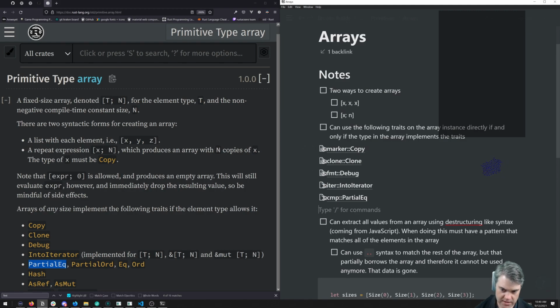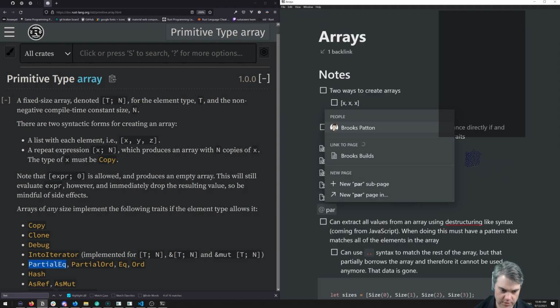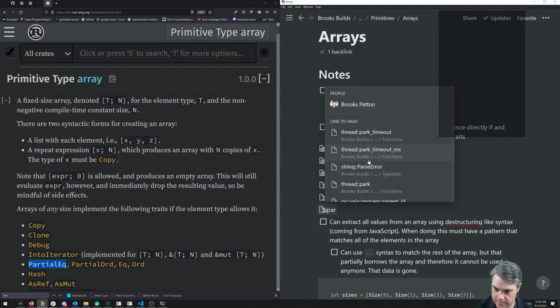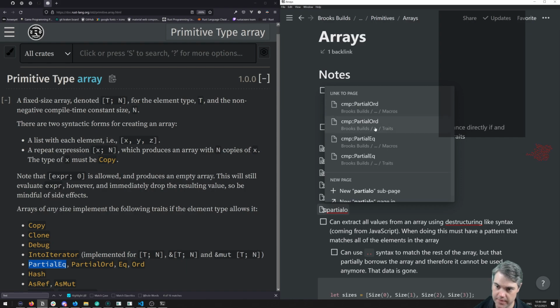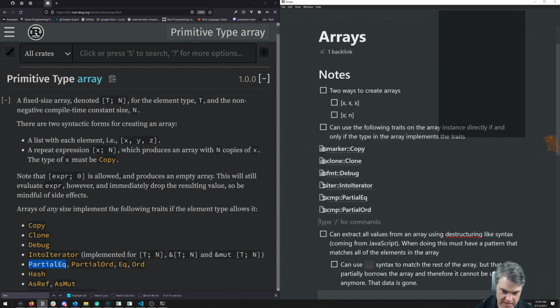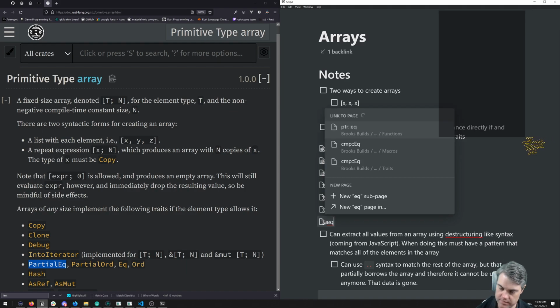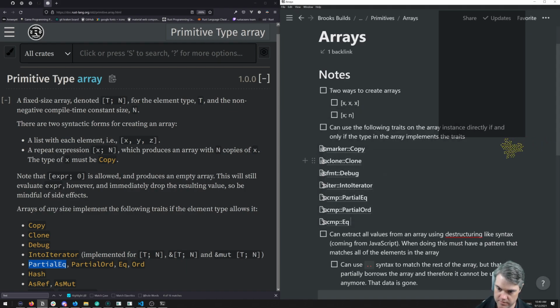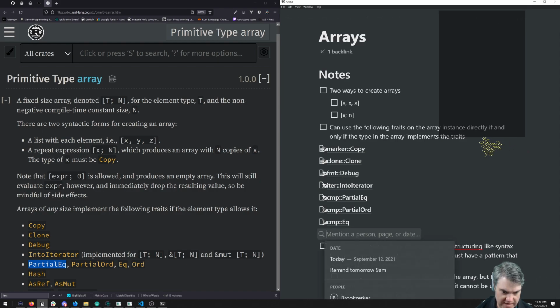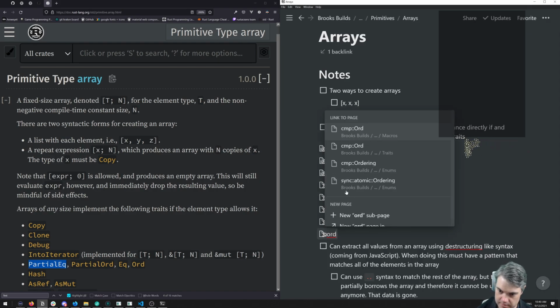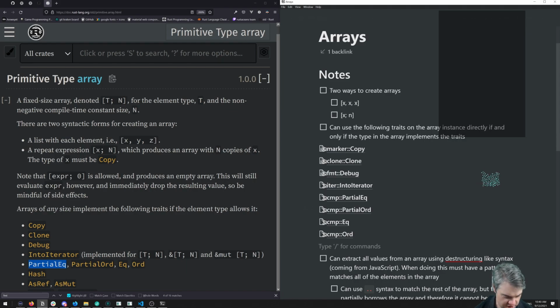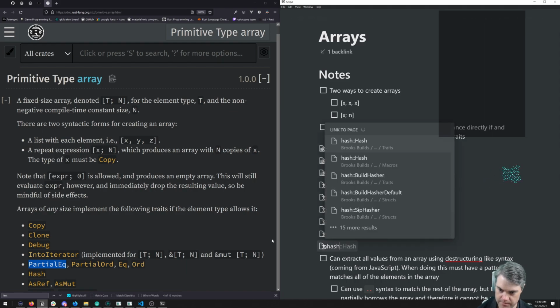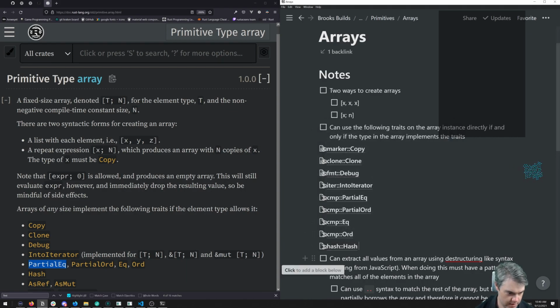So traits, PartialOrd, Eq, and Ord. I guess then there's Hash, AsRef,